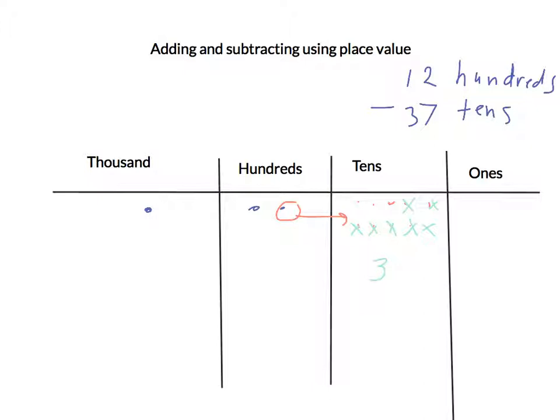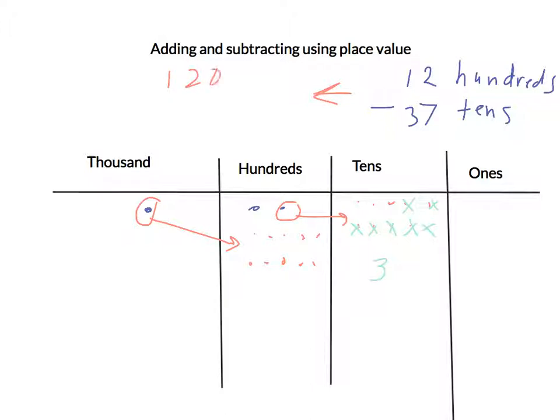Now I need to take away 30 more tens, or 300s. Just like I did before, I can take this over here and make it 10 hundreds. So now that allows me to take away those, just like if I were to write it out,